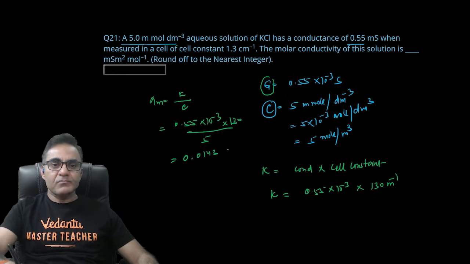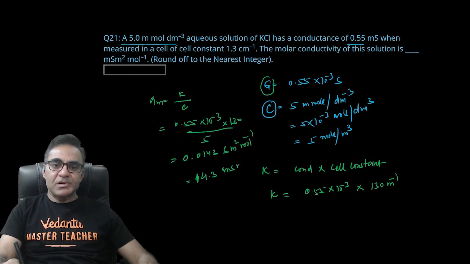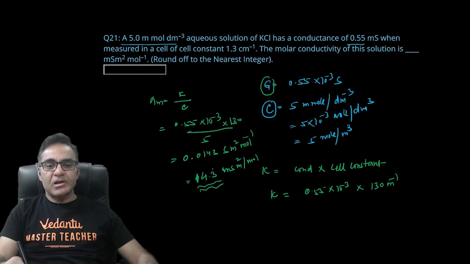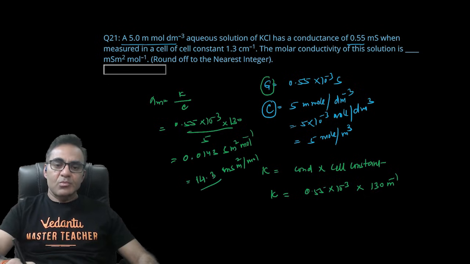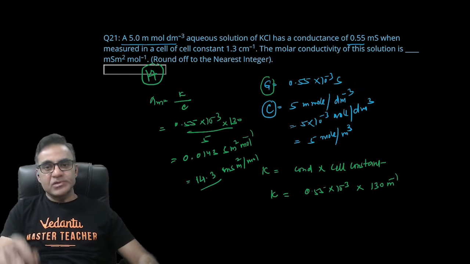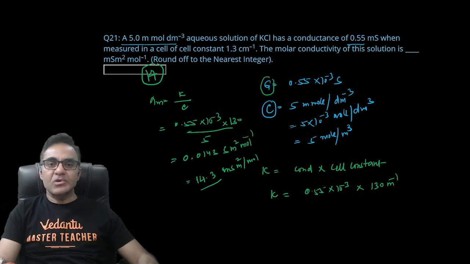0.0143, और ये जो यूनिट आएगी ये आएगी एक्चुअली साइमन्स मीटर स्क्वायर पर मोल, लेकिन आपको रिप्रेजेंट करना है मिली मोल के टर्म में, तो इसको मैं 1000 से मल्टीप्लाई कर दूंगा, तो ये हो जाएगा आपका 14.3 मिली साइमन्स मीटर स्क्वायर पर मोल, राइट। तो आपका जो करेक्ट आंसर भरना है आपको 14.3 भरना है, लेकिन क्योंकि नियरेस्ट इंटीजर में राउंड ऑफ करना है तो आई वुड से कि इसको मैं 14 लिख लूं, तो आपका करेक्ट आंसर जो भरने वाला होगा वो 14 होगा। ओके, तो यहाँ पे थोड़ा यूनिट का खेल है, बाकी तो सारा स्टैंडर्ड फार्मूला है। ऑलराइट,